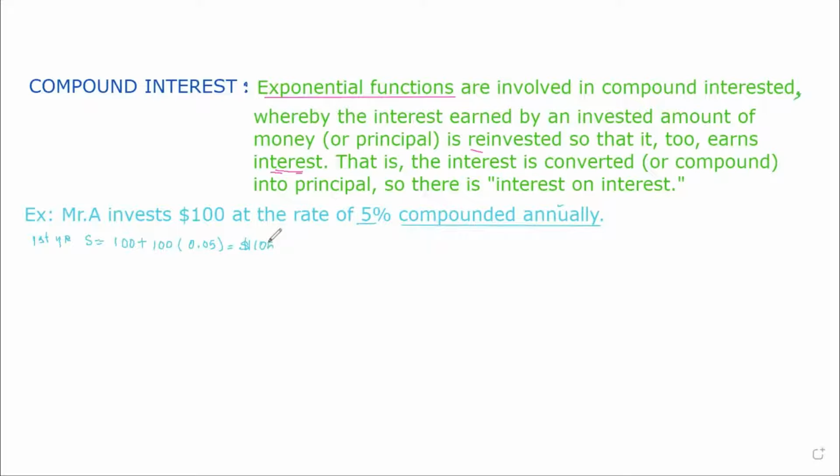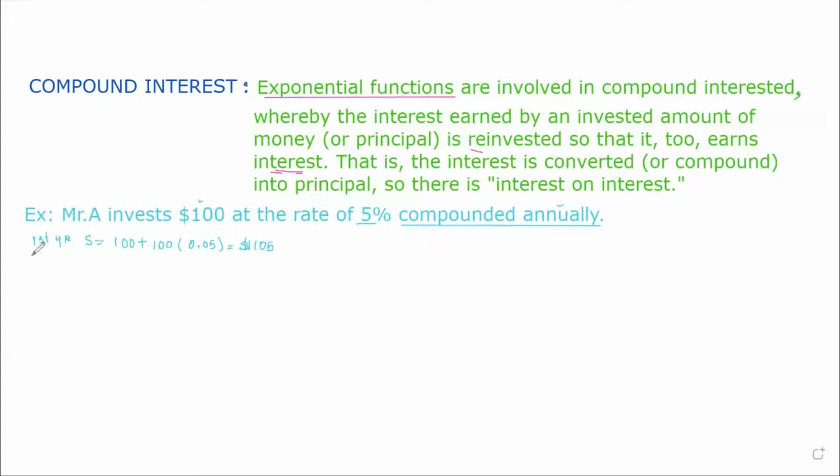So at the end of the first year, he will have $105. At the beginning he had only 100. Now he earned $5. That's the difference. We can say this $5 is the interest he earned within 1 year. So if he wants to continue, because he does it annually, compounded annually,